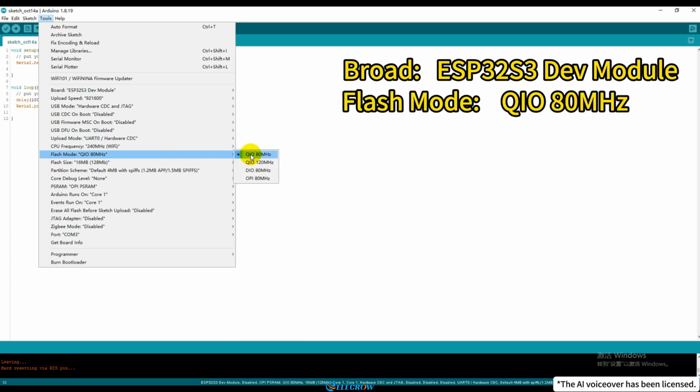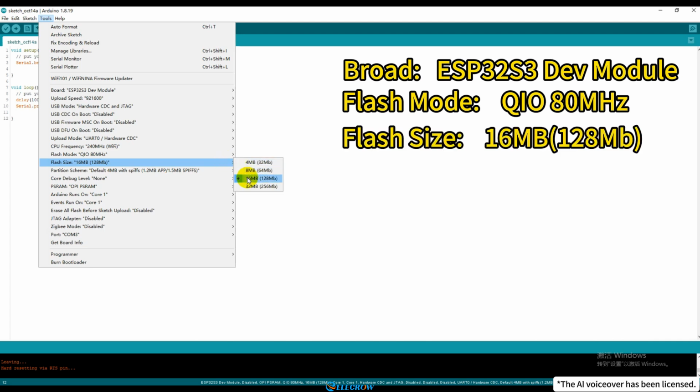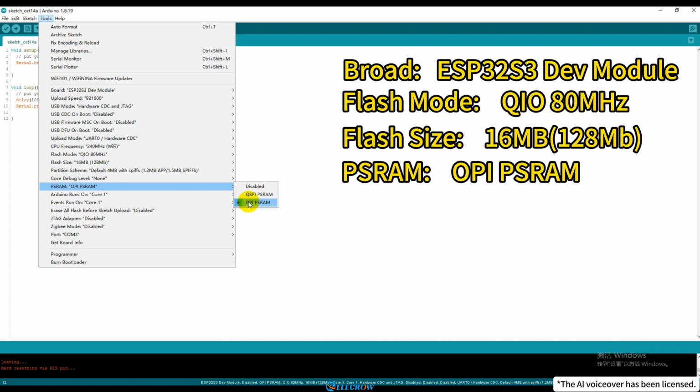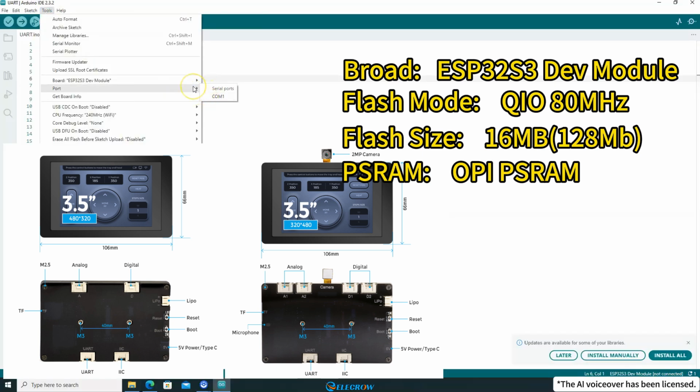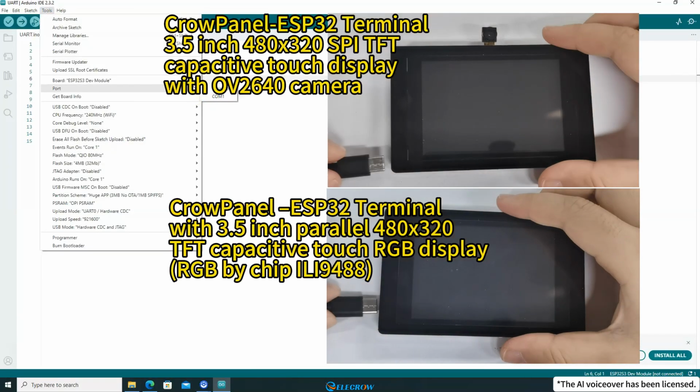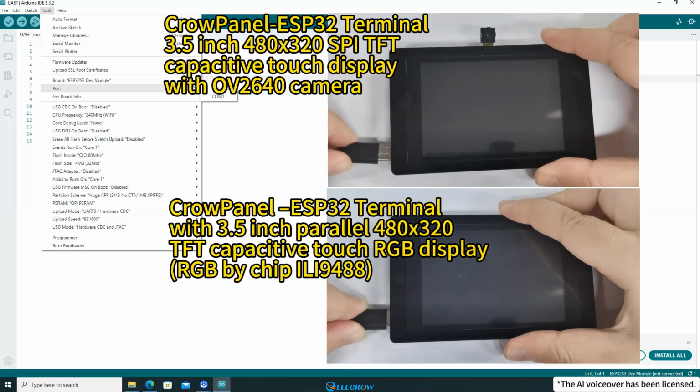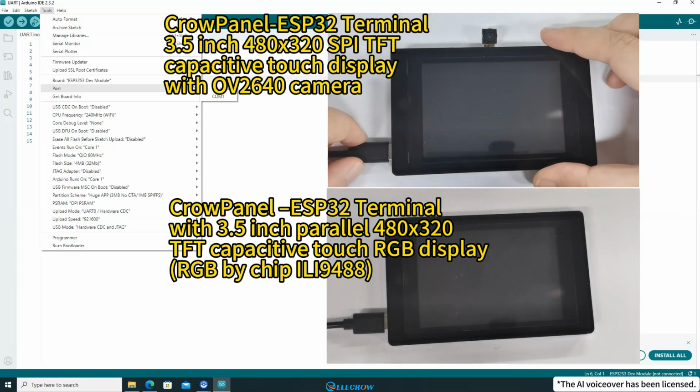And the flash mode, choose QIO80MAZ. About the flash size, please choose 16 MB. And then look at the option PSRAM, choosing OPI PSRAM. Whether it's ESP32S3 touchscreen or ESP-SPI screen, these four options are the same. That's okay. Finally, connect the computer and board with a Type-C cable, and you can find the serial port number